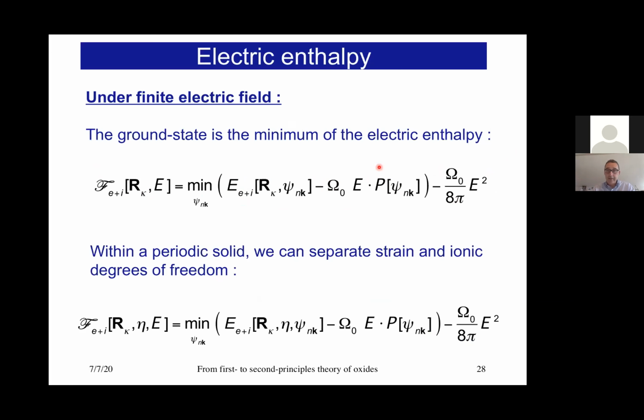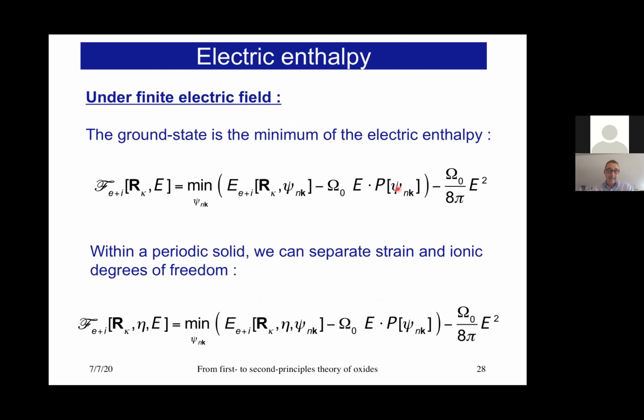But this can be done, and you can even do it with codes like ABINIT, calculations under finite electric field, where instead of minimizing the Born-Oppenheimer energy, you minimize this functional. You just add basically two terms that give you the energy of the field and the coupling energy between the